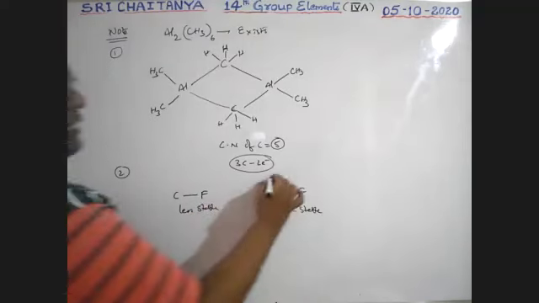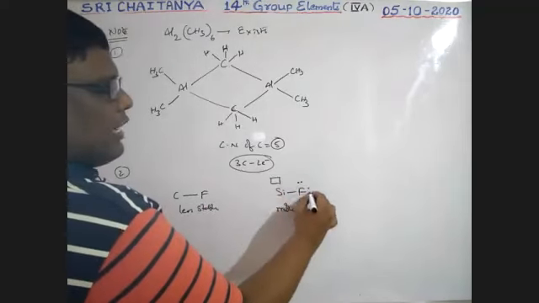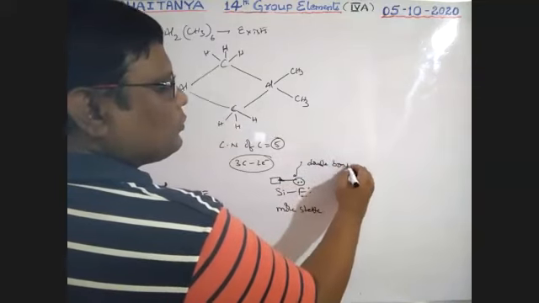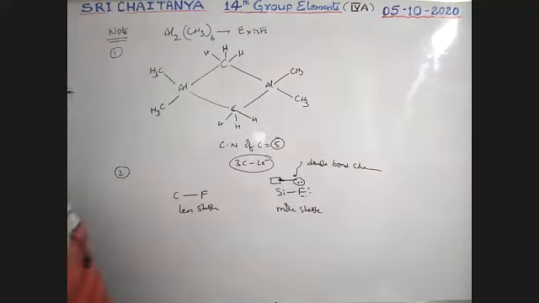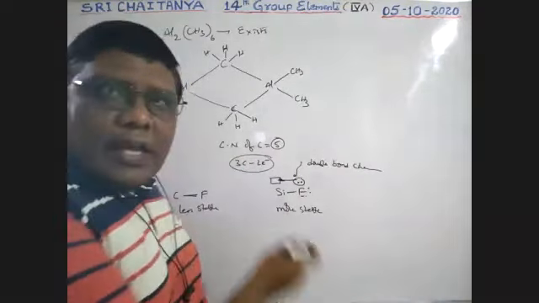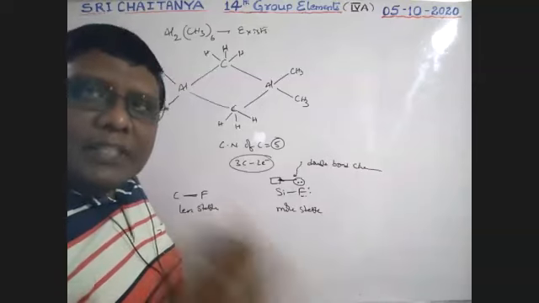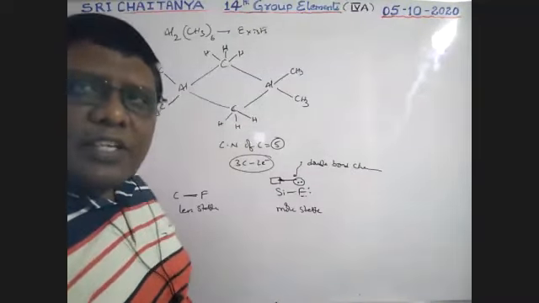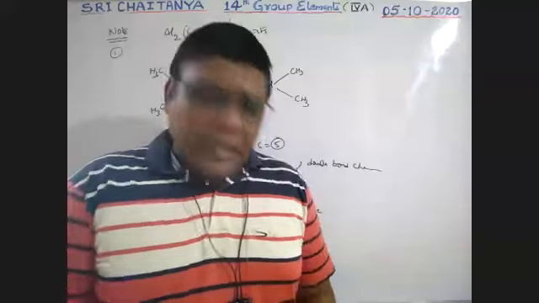Why, sir? Here silicon has an empty d orbital. This fluorine has a lone pair. This is donated to this one. Therefore, this bond has double bond character, though it is a single bond. Double bond is stronger than single bond. That is why this bond is stronger and more stable than this one. Okay. So please consider everywhere, every situation. Otherwise, it is not possible to explain each and everything. So this is about catenation, boys. Let us take the next concept, that is allotropy.